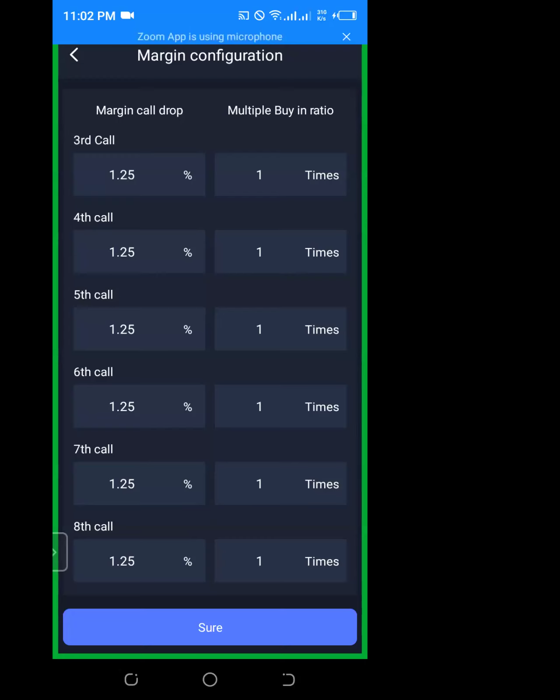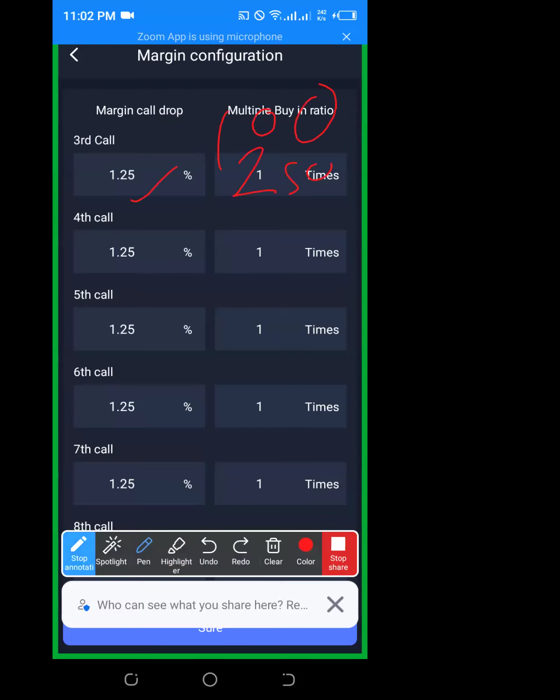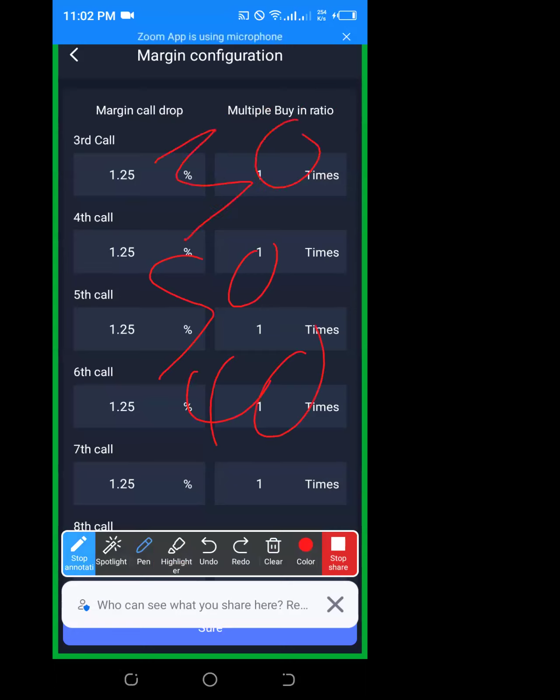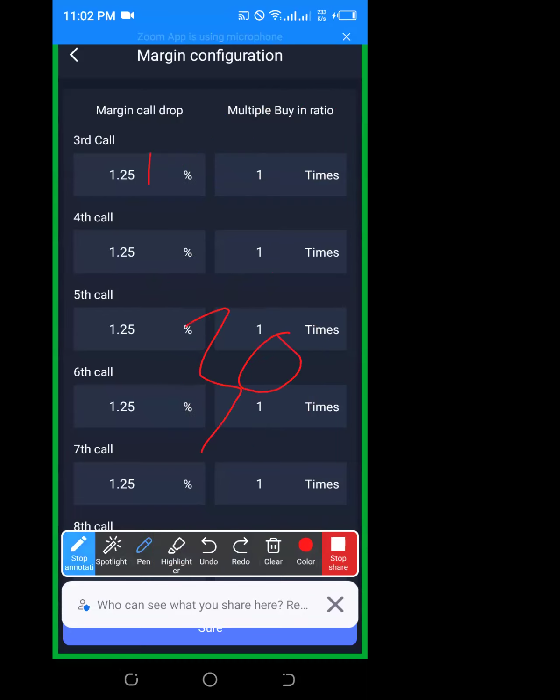That's why, guys, it's always good to set as many margin calls as possible. Let the robot get tired of buying. And if you have good capital, don't set small margin calls. You set very many margin calls, and you are going to enjoy the market. People are setting 50 margin calls, 40 margin calls, 30 margin calls. You find that you have set 30 margin calls, and the robot has bought only 17 margin calls. You are still active in the market.